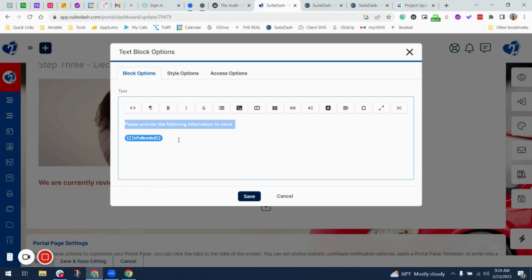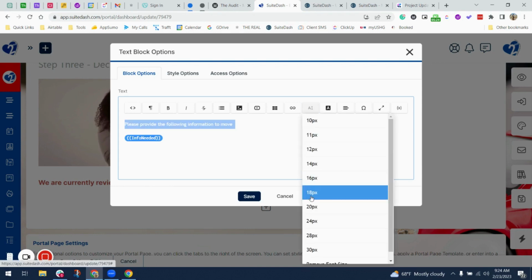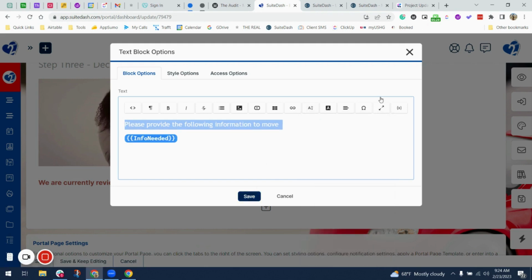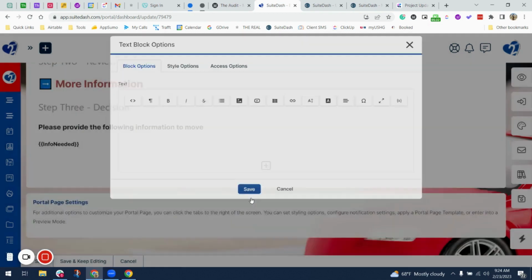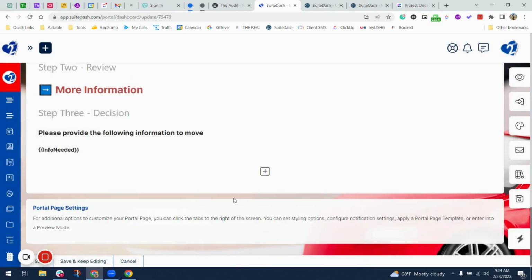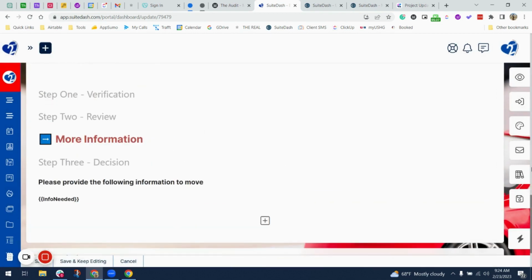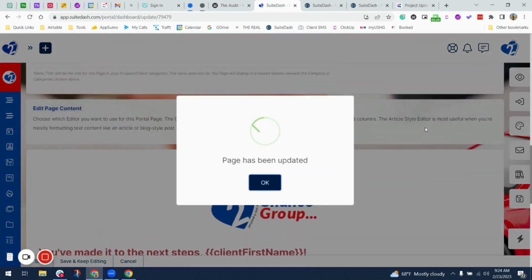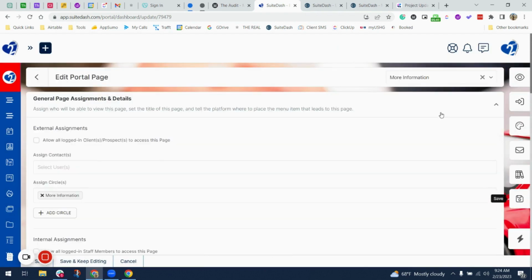And what I'm going to do here is just make this bigger, I think a little bit bigger will be better. And I think making this bold would be good. And I'm going to hit save. But I also need to go grab the arrow that looks like this. So I'm going to also hit save here. And I'm going to do a quick